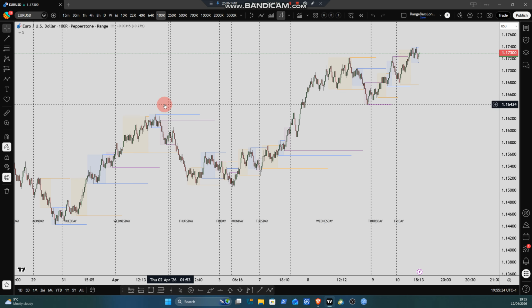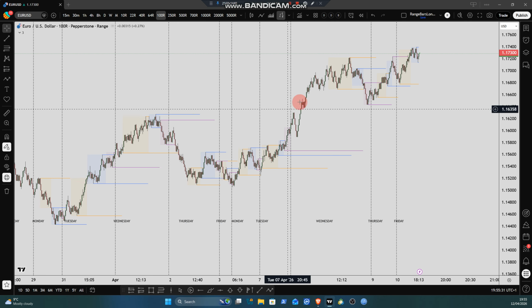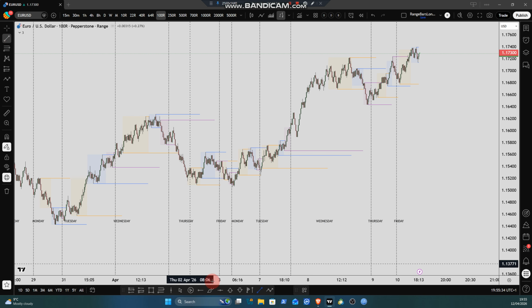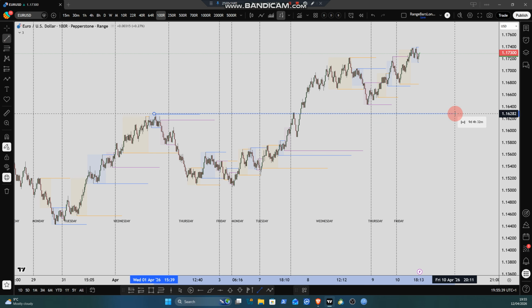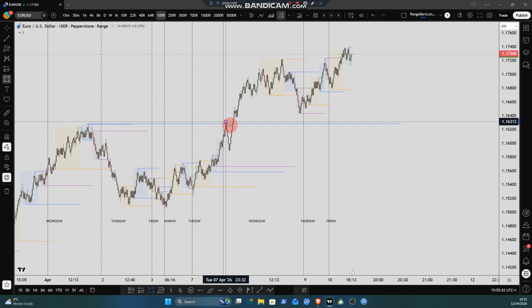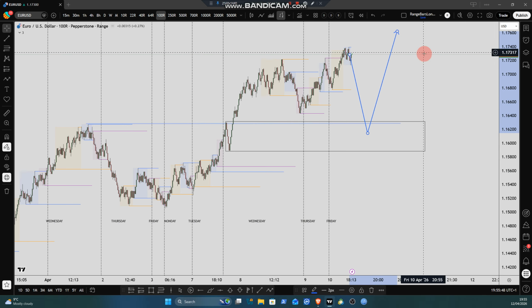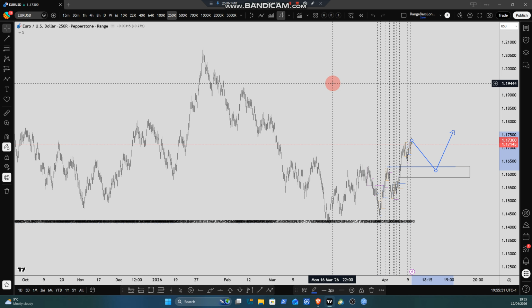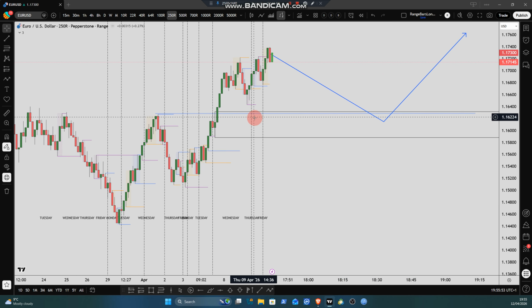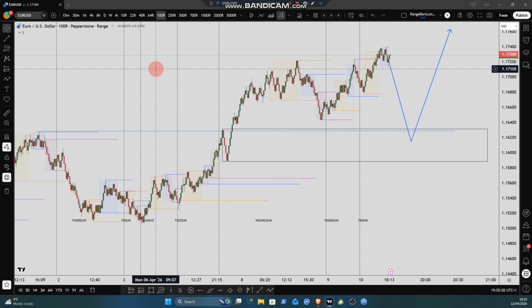If I pull it back, you can see that the previous Wednesday's high was the one that we were looking to target on the Monday and the Tuesday, and then now price has come back into, hopefully we want to target this Wednesday's high again as an opportunity for a market to come back into this level here, retest before heading higher, something like this. So again, you can see that it's slightly different. It's much simpler to dissect a chart or to analyze a chart when you have a little bit less